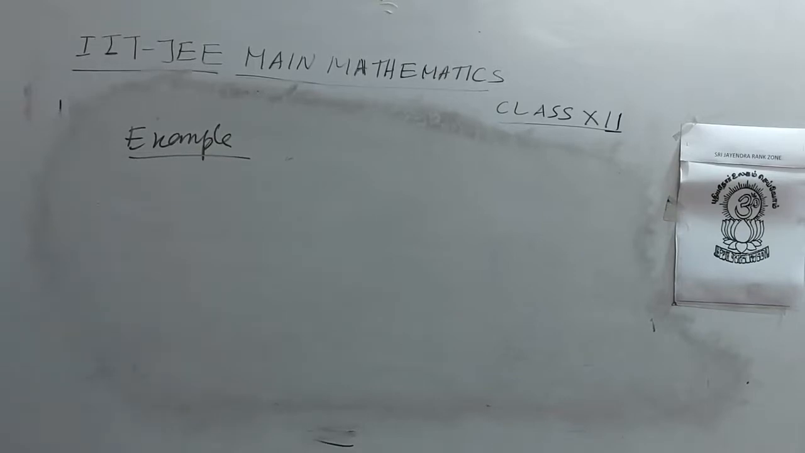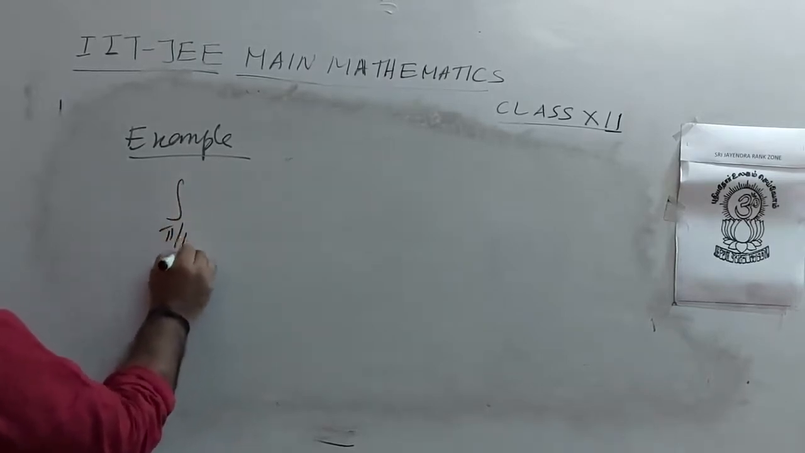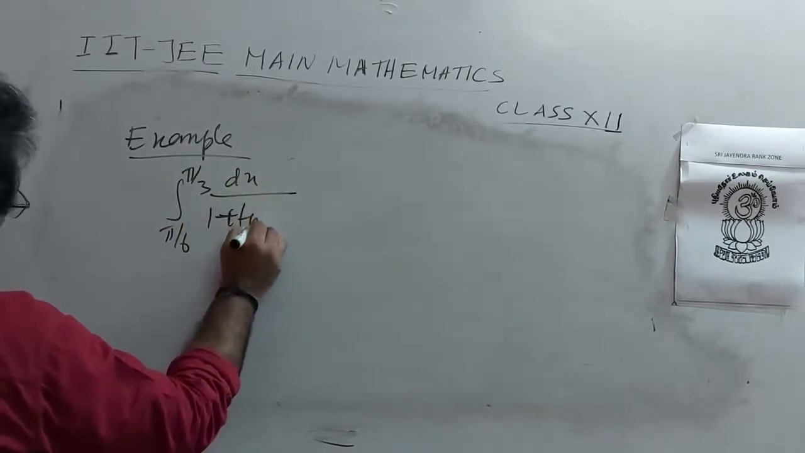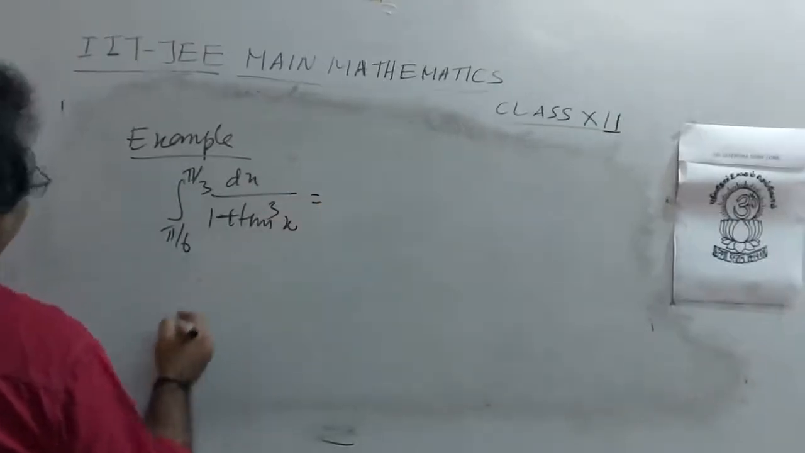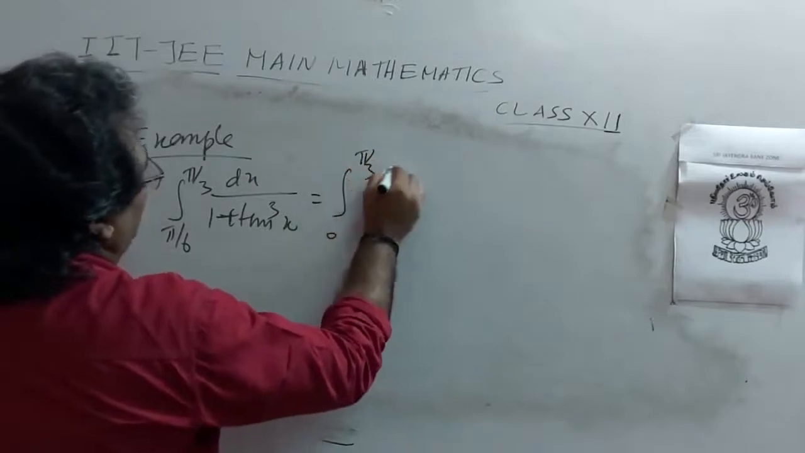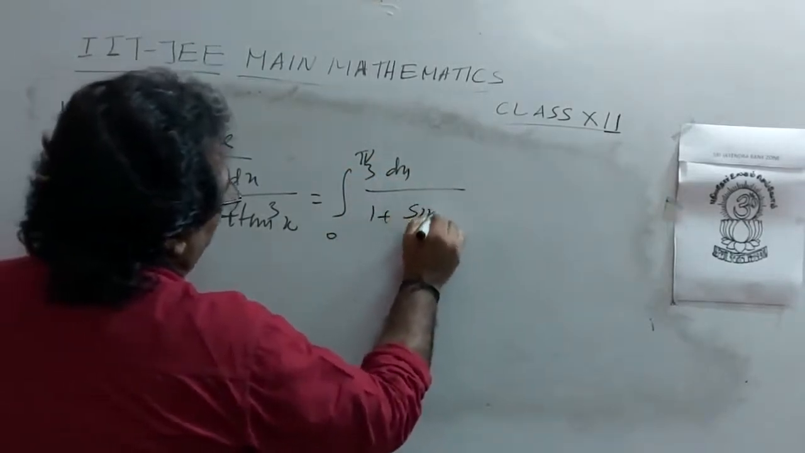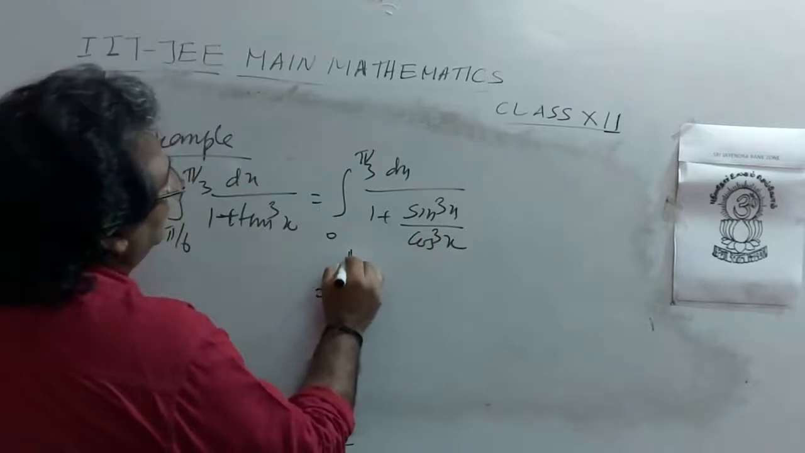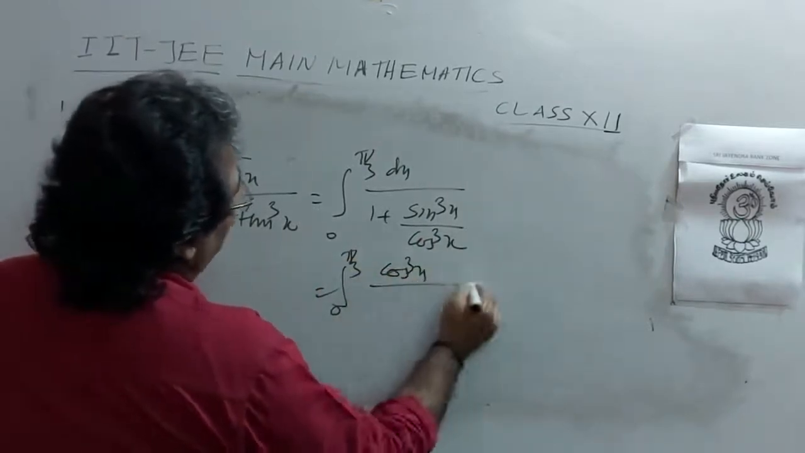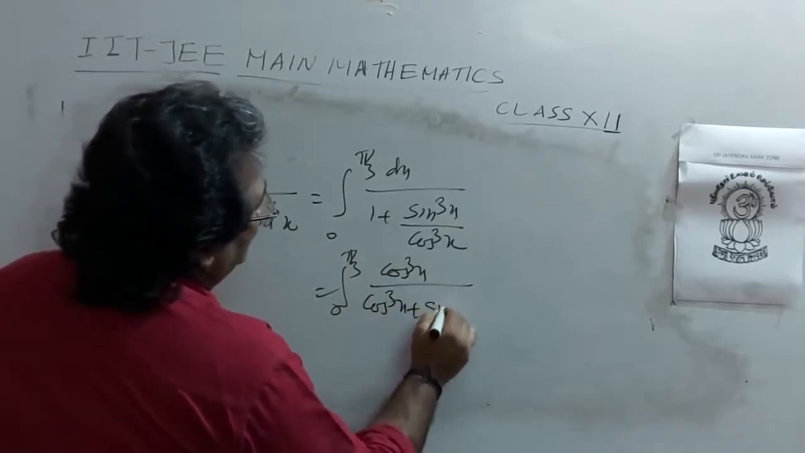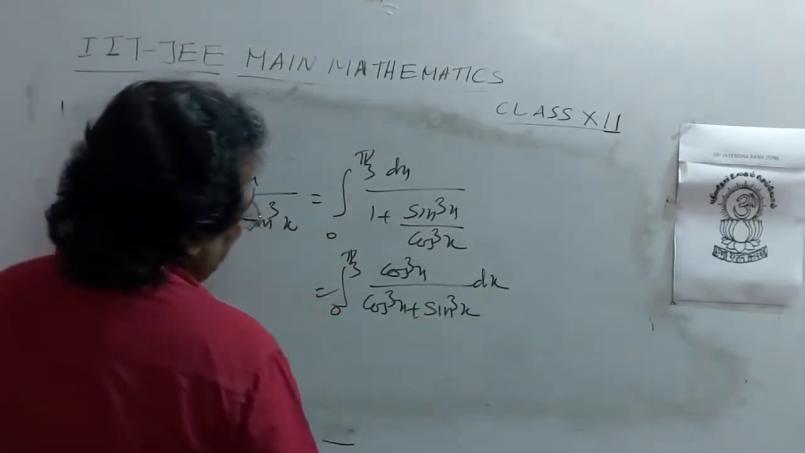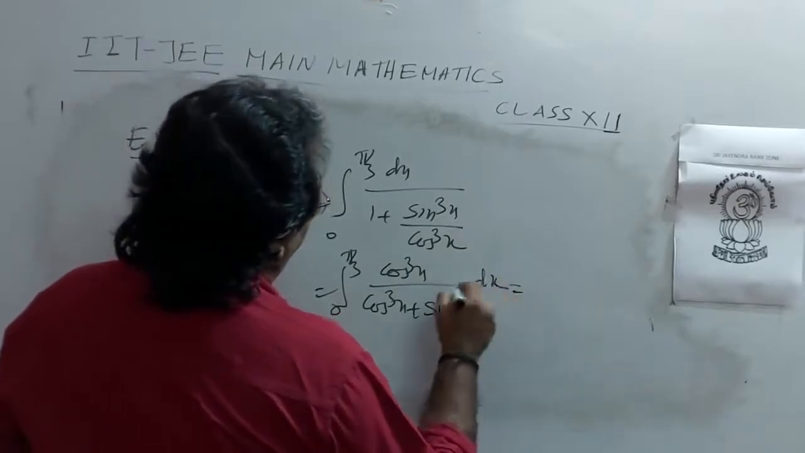So, example: integral from pi by 6 to pi by 3 dx by 1 plus tan cubed x equals integral from 0 to pi by 3 dx by 1 plus sin cubed x by cos cubed x, which equals integral from 0 to pi by 3 cos cubed x by cos cubed x plus sin cubed x dx, that is equal to b minus a